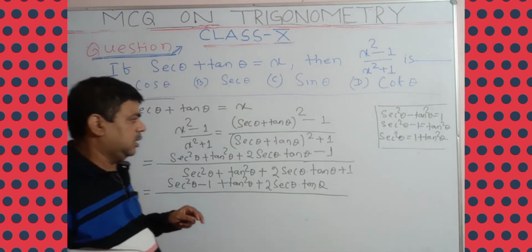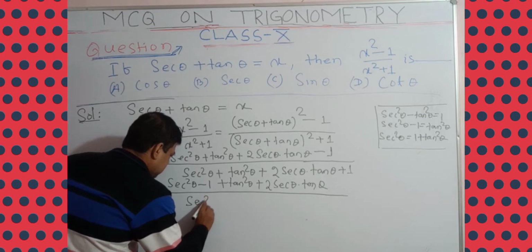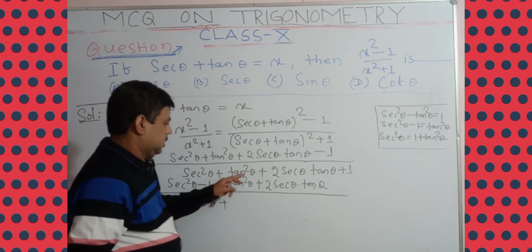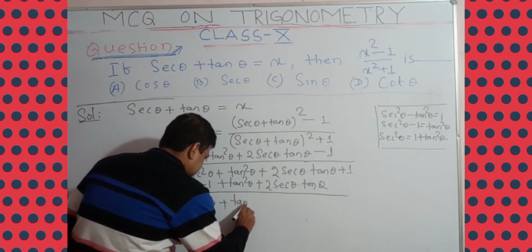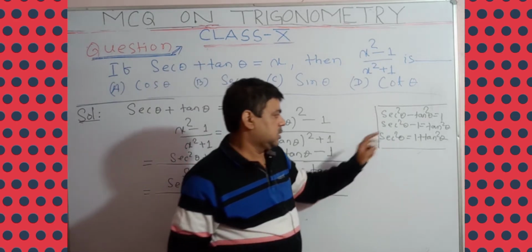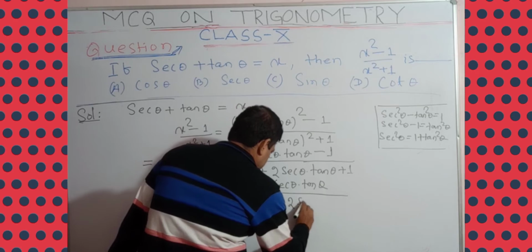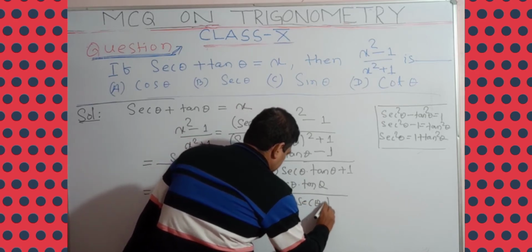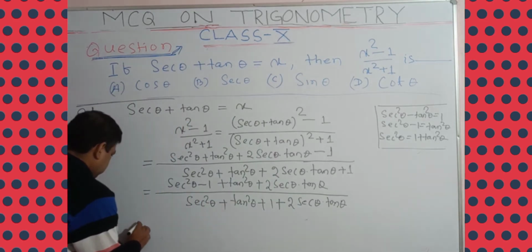Similarly, you write here sec square theta, plus tan square theta, and you write plus 1. Why? Because 1 plus tan square theta is what? Sec square theta. Okay, so plus 2 sec theta into tan theta. Understand? So that implies,